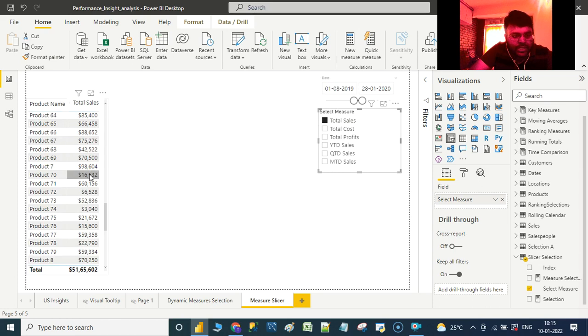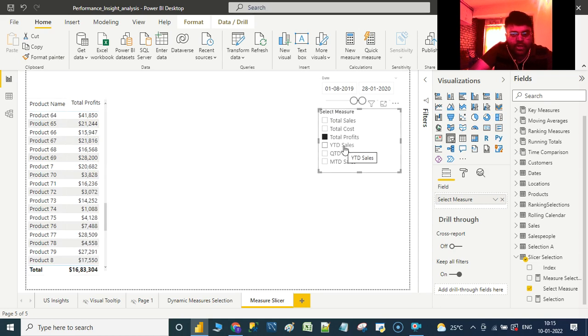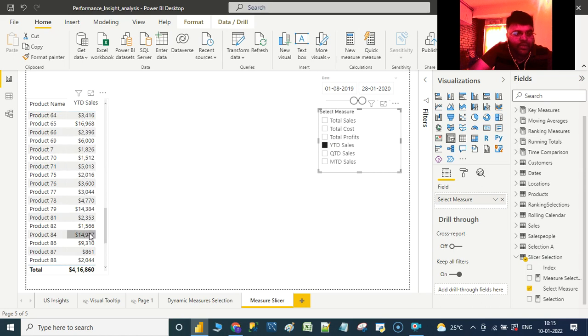Now if you click on total sales, we get total sales values. If you click on total cost, we get the total cost values. If you click on total profits, we get the total profits value. If you click on YTD sales, we get the YTD sales value. If you click on QTD sales, then you get the QTD sales value.